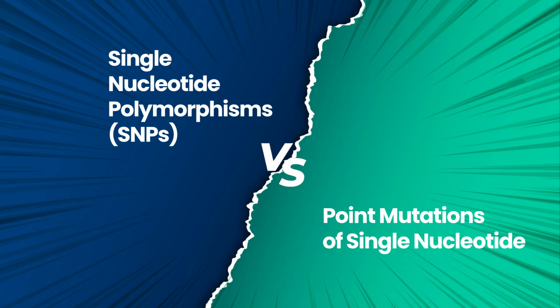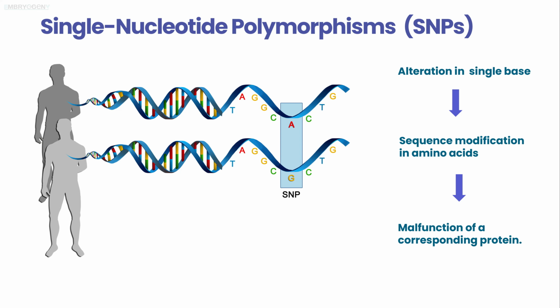other organs. So this brings us to a concept or a term that you must have heard plenty of times, SNPs, single nucleotide polymorphism. By the name, we can say that single nucleotide polymorphism is a change in one nucleotide, right? So how is it different from a point mutation of a single nucleotide, or is it the same? So by definition, single nucleotide polymorphism, as shown on the screen, is when you have a change in just one nucleotide, for example, here we have shown a change from an A to a G in 2 different people,